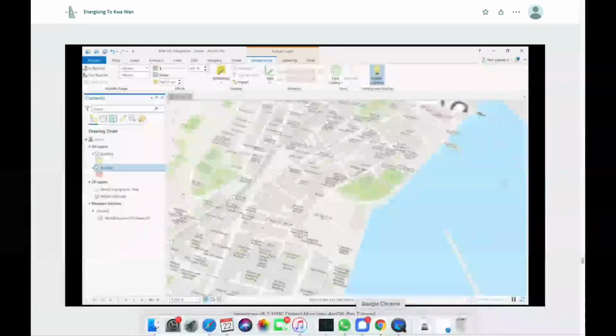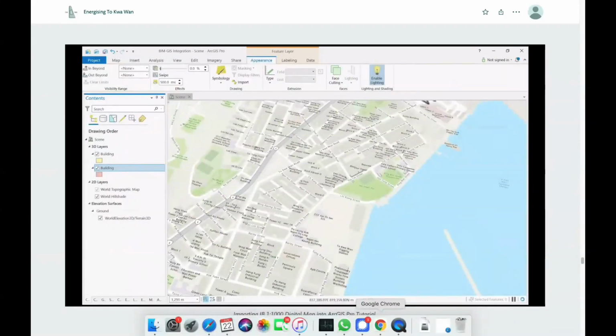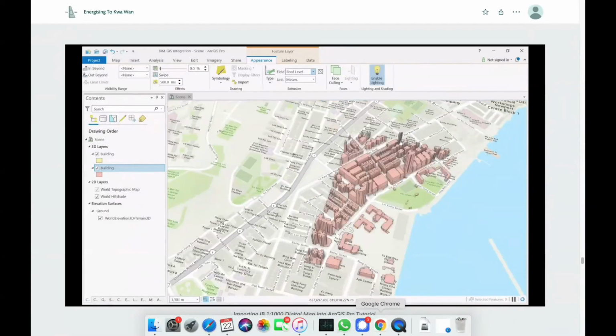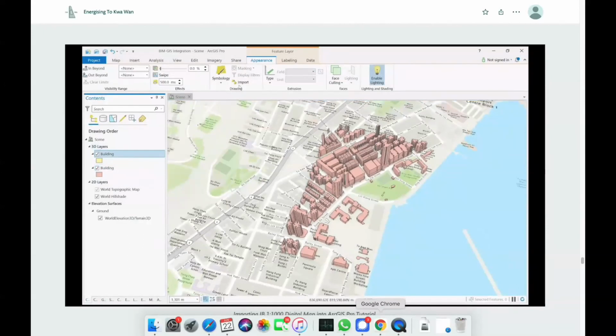Then we need to do some adjustments by going to the Appearance tab, the type, and there should be an absolute height for you to select. And then for the field, let's use the roof level, to generate a 3D model of the district or the community.